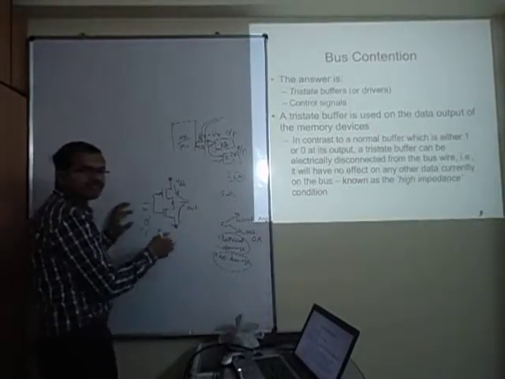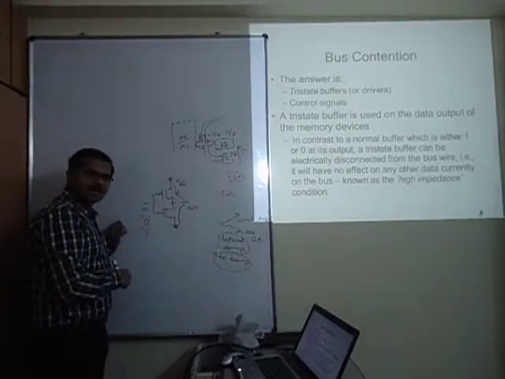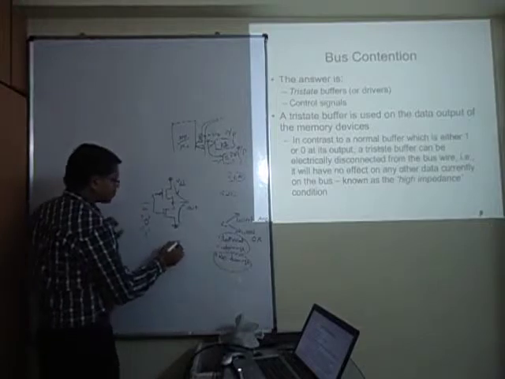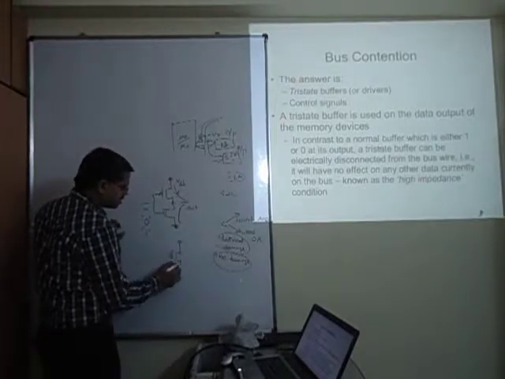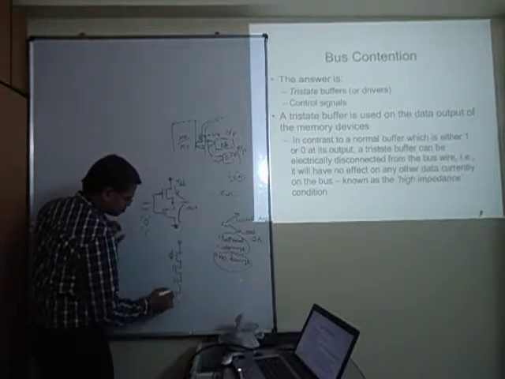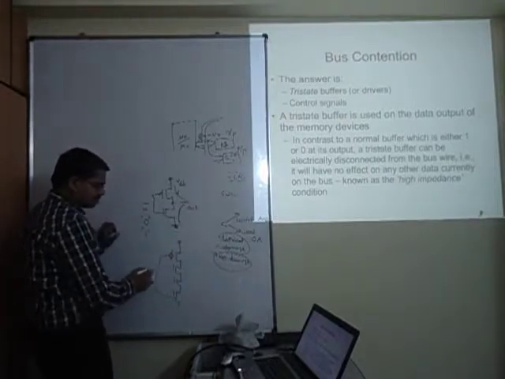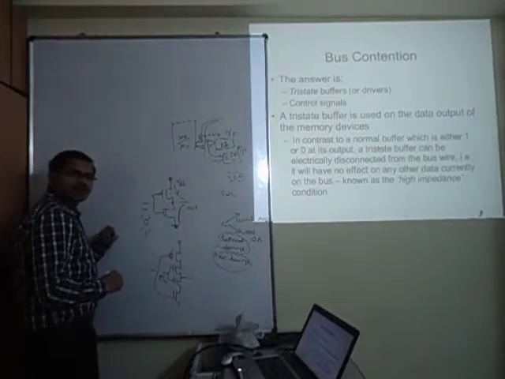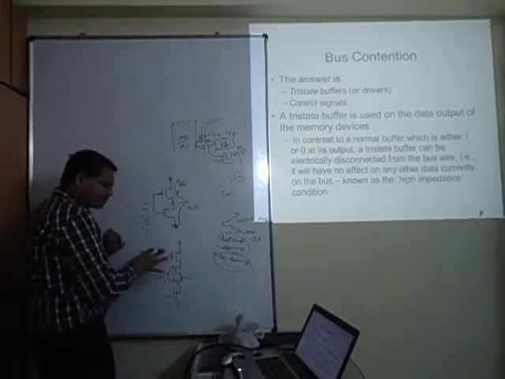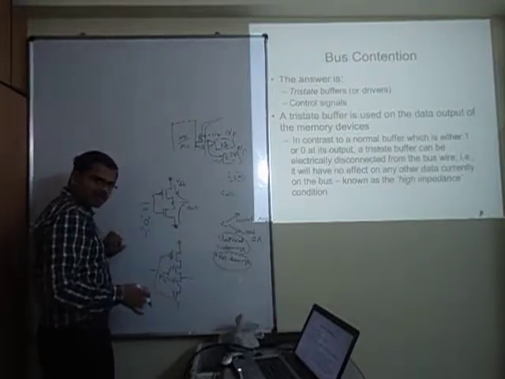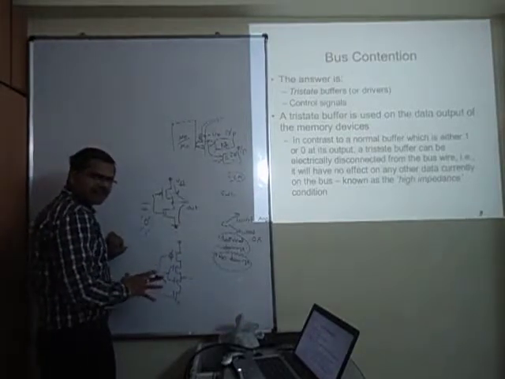So what we are saying is, in a simple CMOS inverter you don't have that condition. But assume that you have something like this. This is your inverter, but this is your enable. I'm not saying it's the exact circuit where a tri-state inverter is realized. We will talk more and more about that. A simple idea, a rough idea.